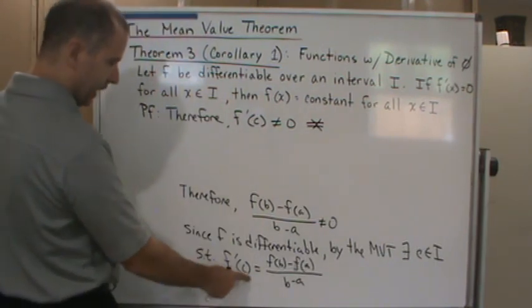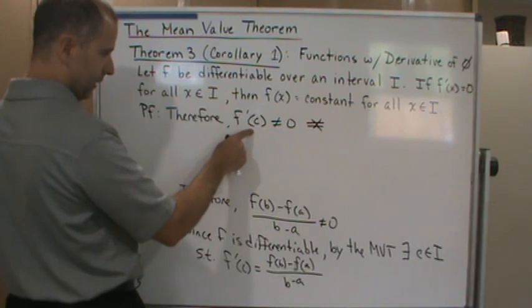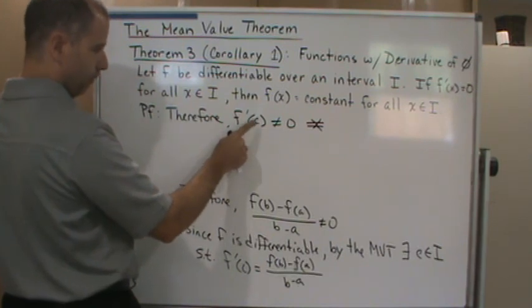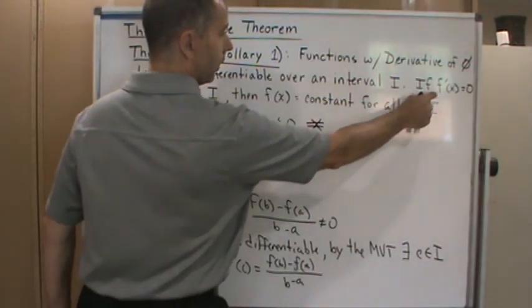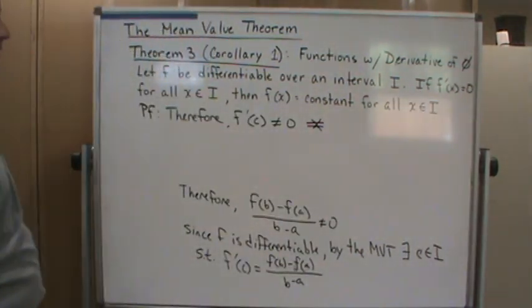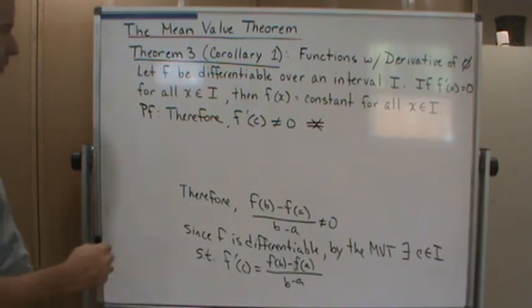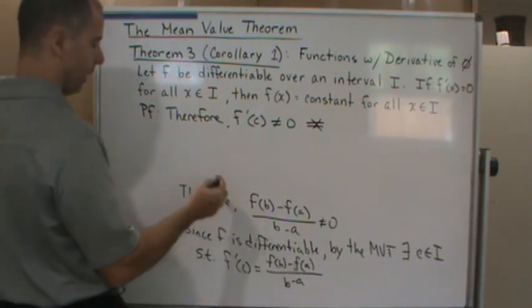Together these contradict our assumption that f prime of x is 0 for all x in the interval. And therefore, our original assumption is incorrect,